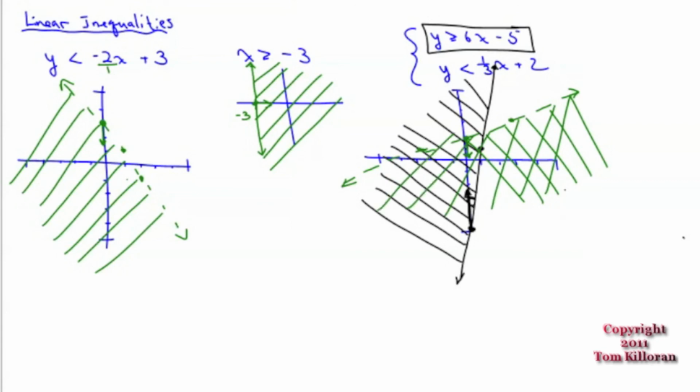The solution to this is very weird. It's where the green and the black run into each other. So where the green and the black run into each other is here. In this area is our solution. See, if you're up here,